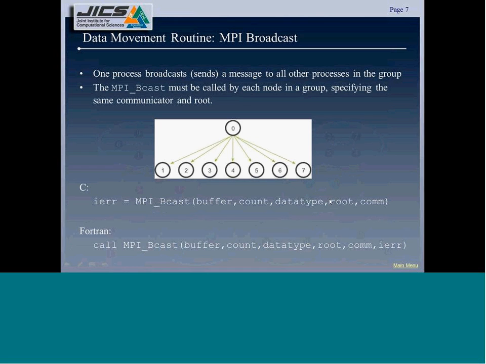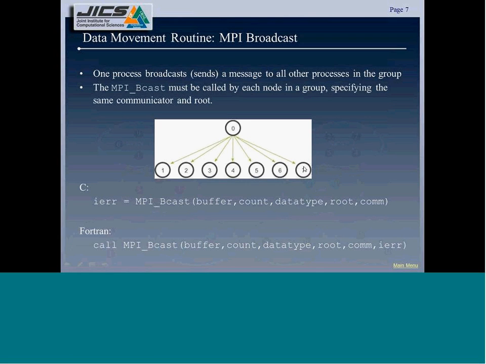And this example would be 0. So this is for the MPI function. Pretty straightforward, very easy. And if you think about it, the only thing is when root process 0 called MPI broadcast, what it does is it replaces it with a send from